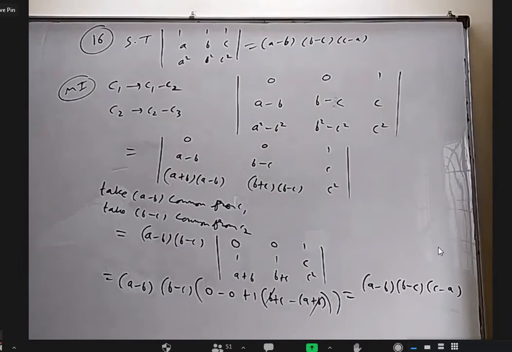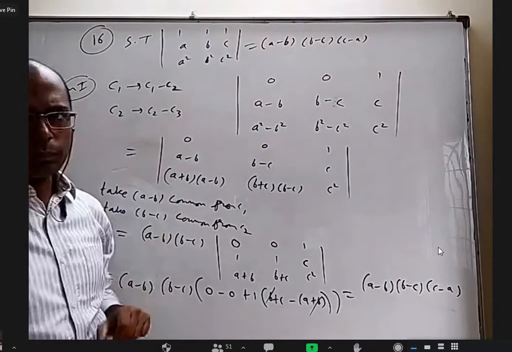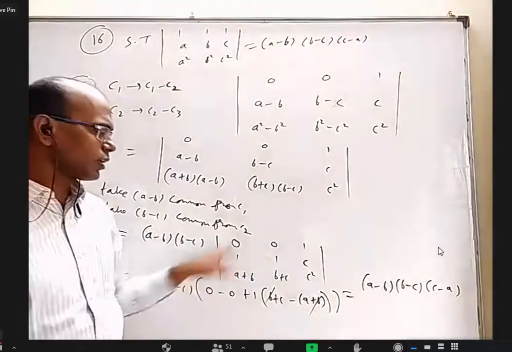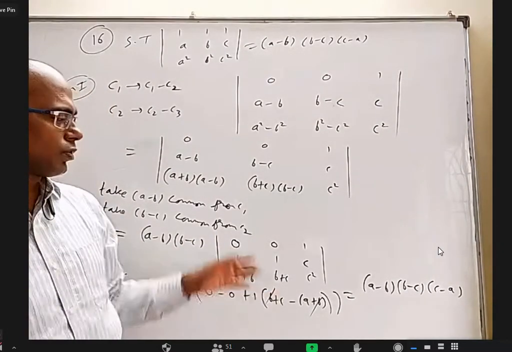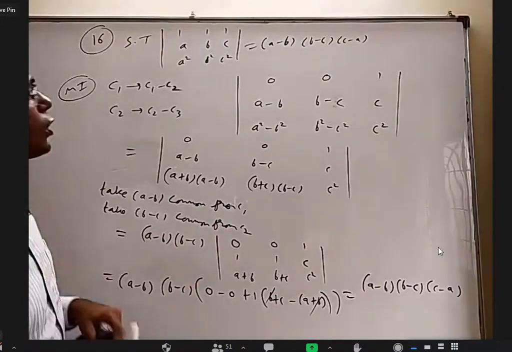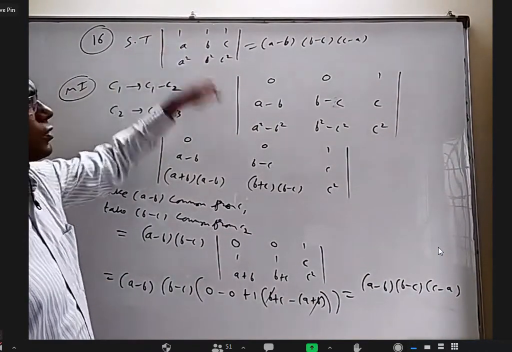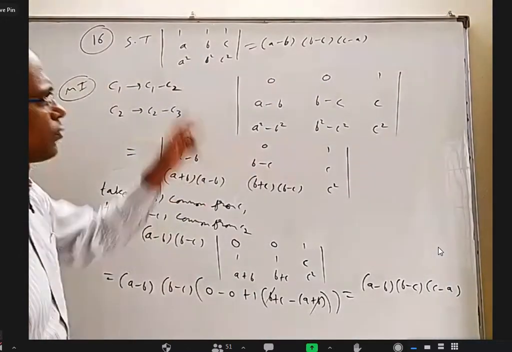Sir, can you tell the steps again, sir? Okay, basically, when 1, 1, 1 is there, in any determinant, if zeros are there, it is easy. For example, here 2 zeros are there, it became easy to expand it. Because a lot of times I don't have to write, 0 into anything will be 0. So how to get zeros? From the first column I subtracted the second column, so I will get 1 minus 1, 0. From the second column I subtracted this, I got 0. That is one advantage of doing this.